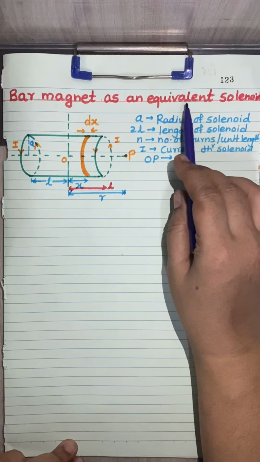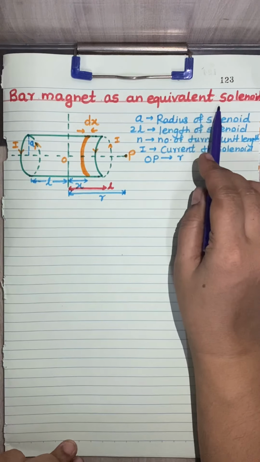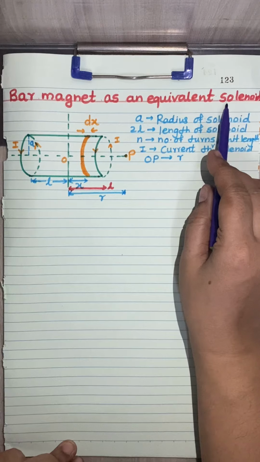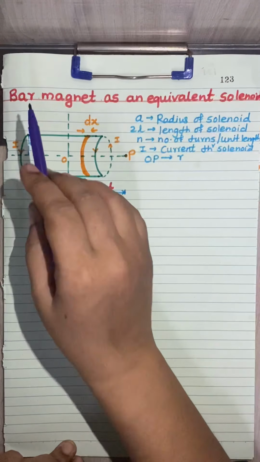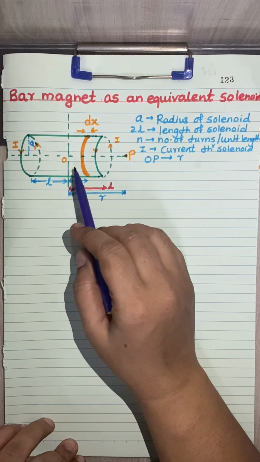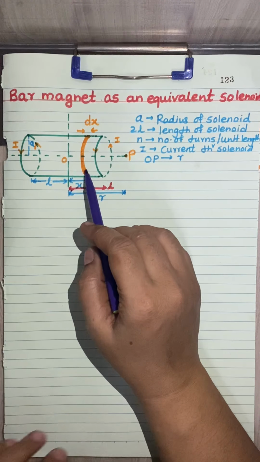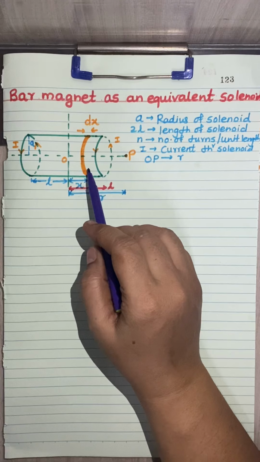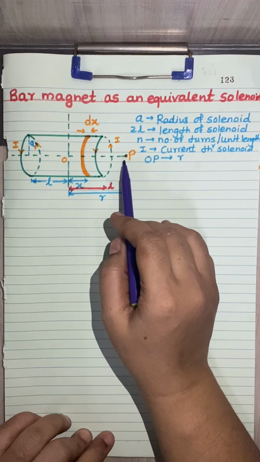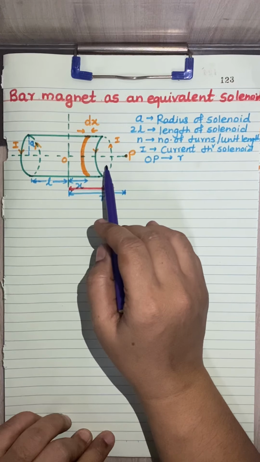Okay, and if a certain number of rings are associated together, then that particular object is called a solenoid, a current carrying solenoid. It can behave as a bar magnet. Now in this particular experiment, we are going to demonstrate the similarity of a current carrying solenoid with the bar magnet, and for that we have to find out the axial field of a finite solenoid carrying current.